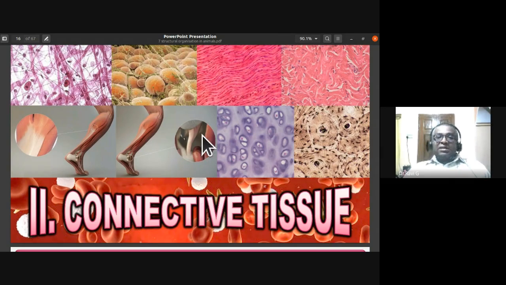Now, in connective tissue, bone to bone is held by ligaments. I always remember ligaments by LB square. B square is bone to bone, and L is ligament. Bone and bone are held together by ligaments, and these ligaments are made up of elastic fibers, because there should be flexibility. Not cartilage, elastic fibers.